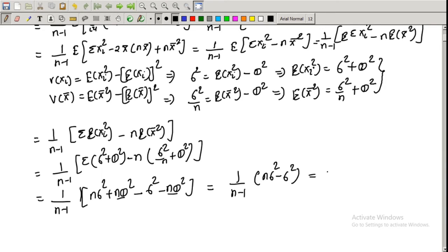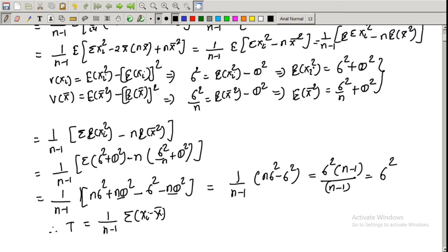So which is equal to, if I take sigma square common, what is remaining? N minus 1 upon n minus 1. So this n minus 1 gets cancelled. What is remaining? Sigma square. Therefore T is equal to 1 upon n minus 1 summation of xi minus x bar bracket square is an unbiased estimator